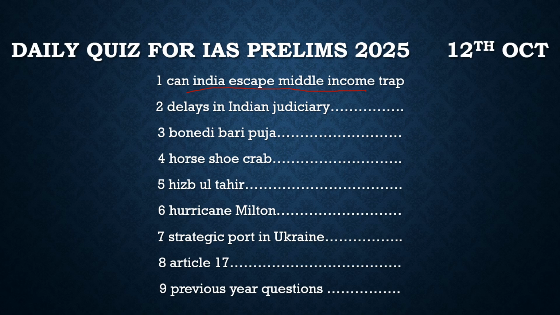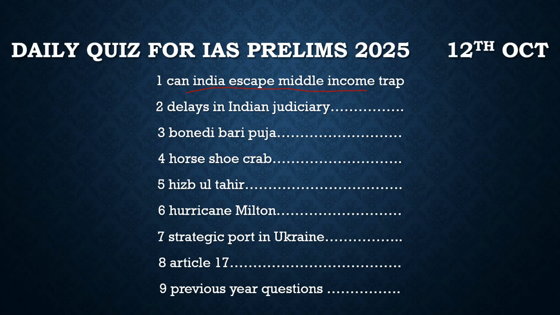But unfortunately, when they reach the middle income level, they get trapped there, because the growth they expected is not in line with the population of the country, or what they had thought of achieving. They are not able to get it. The growth gets stagnated, the income of the people gets stagnated. So this condition of an economy is often defined as the middle income trap.